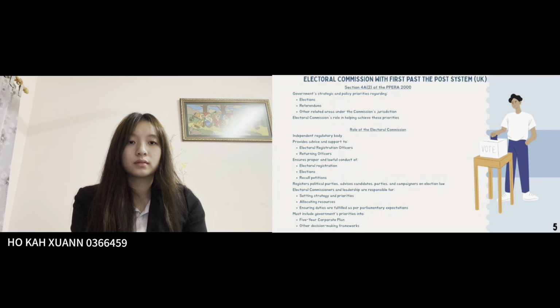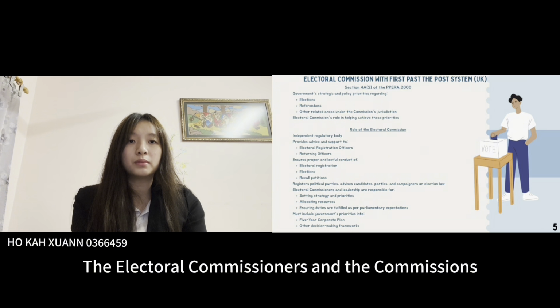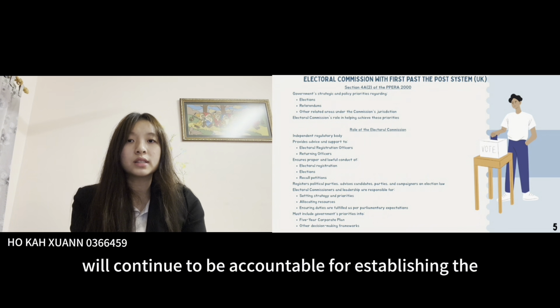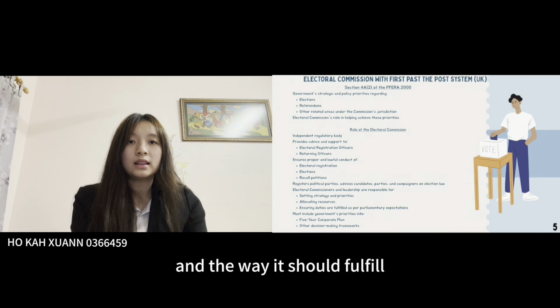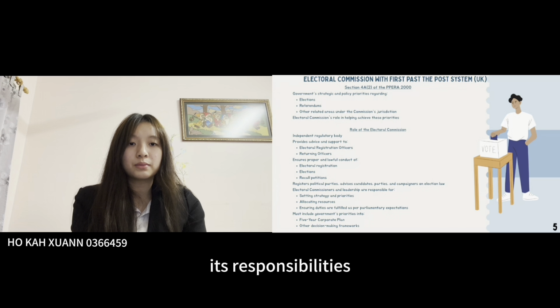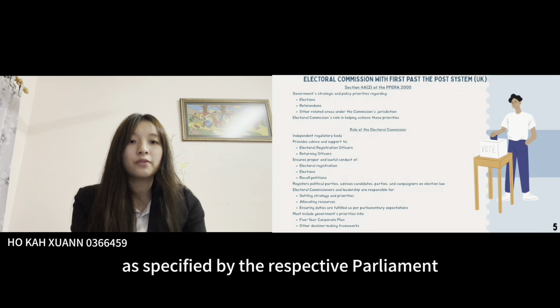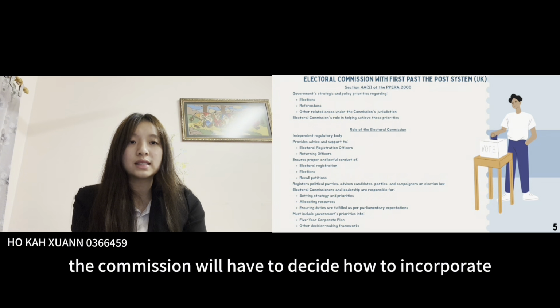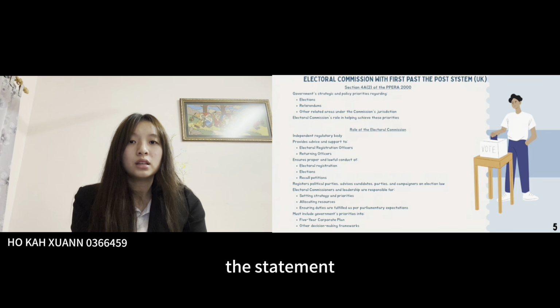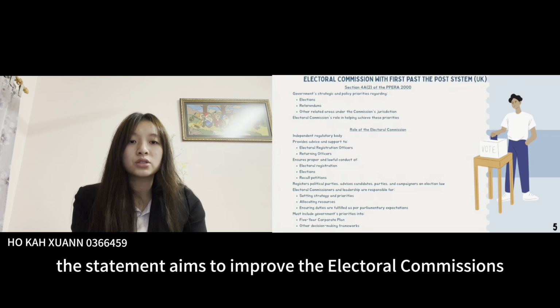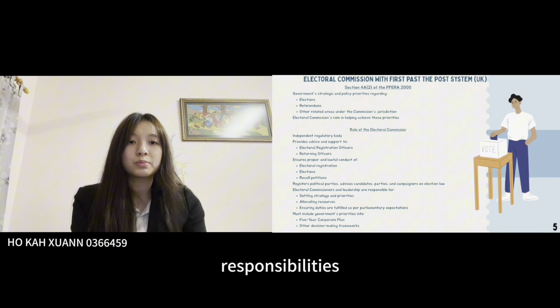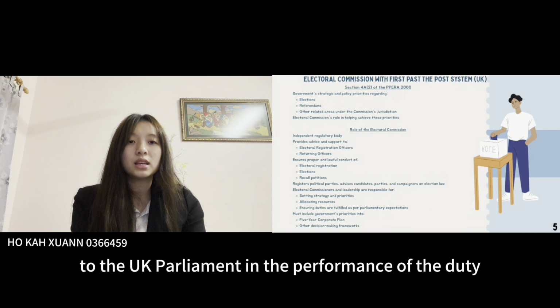other campaigners. The Electoral Commissioners and the Commission's executive leadership will continue to be accountable for establishing the Commission's strategy, priorities, and the allocation of its resources, and the way it should fulfill its responsibilities as specified by the respective parliament. The Commission will have to decide how to incorporate the statement into its corporate documents, including the 5-year plan and decision-making procedures. The statement aims to improve the Electoral Commission's accountability to the UK Parliament in the performance of